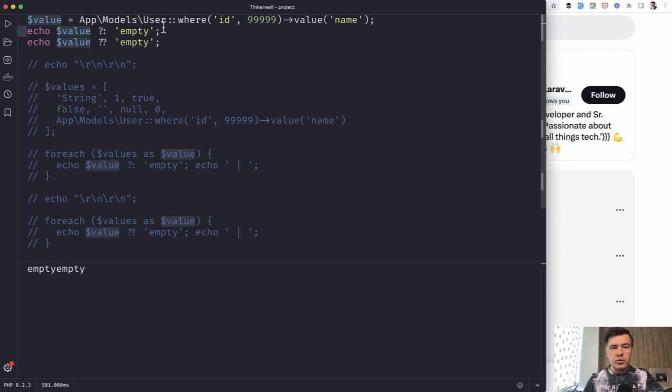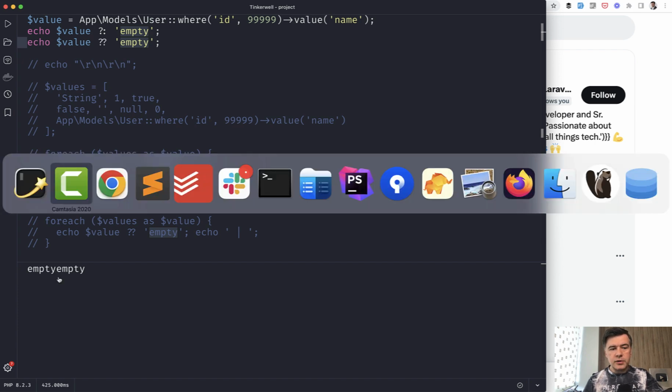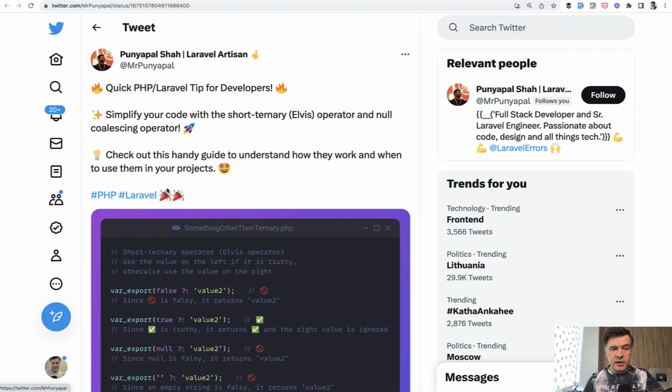So show value or empty, show value or empty. And if we launch that in my Tinkerwell, both are empty. So does it mean they work the same way? Not exactly. And I will show you the difference, partially based on examples that I saw on Twitter by Punyapal